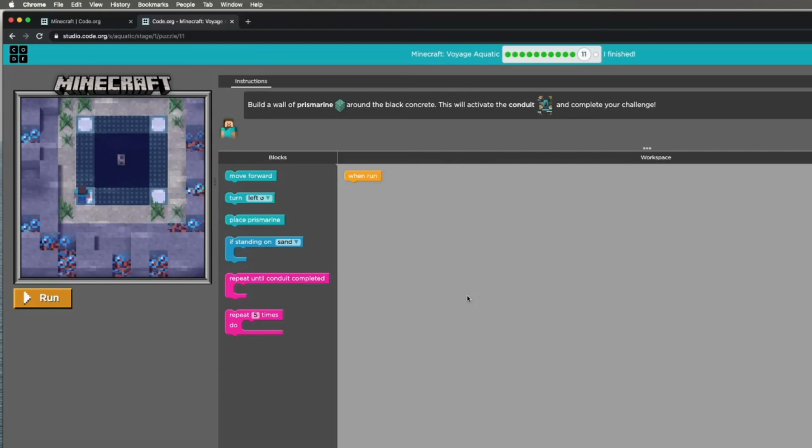So number 11. What you need to do here is activate the conduit surrounded by the black concrete. To do this, you need to place the prismarine on each block surrounding the black concrete, the dark prismarine and the sea lantern. In this case, you will use the loop, repeat until conduit completed, and the conditional that if you are standing